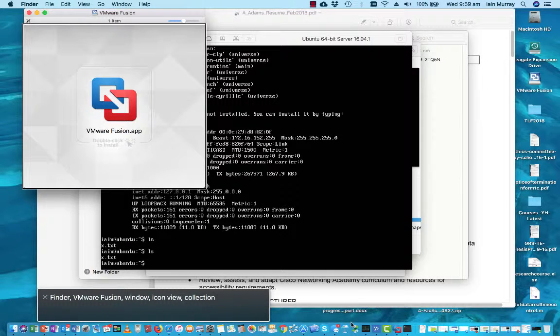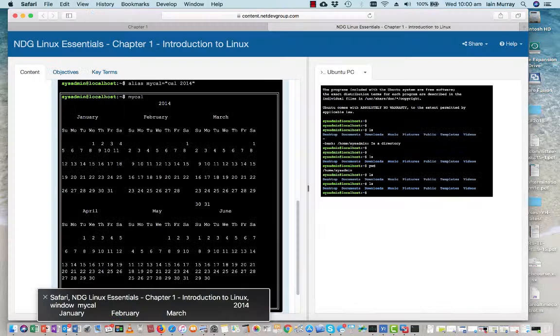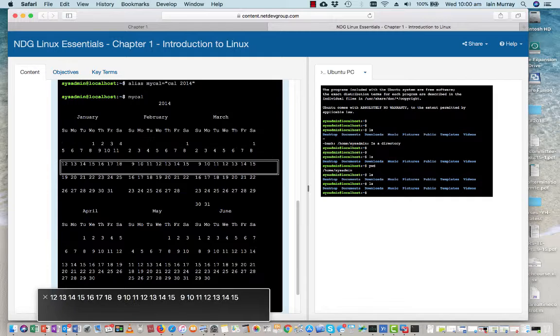Finder, Vimeo Fusion, window, icon view, collection. View Camtasia 3 menu, 4 items. Safari, NDG Linux Essentials, Chapter 1 Introduction to Linux, Okay, window. I'm hoping this is Michael, recording 2014, January, This is February. actually quite interesting. Where we've got images like this has turned out rather well. I just was randomly looking around for some images, but if we have a look here, I And can text, interact with 1, this. 2, 3, 4, 1, 1. 5, 12, 13, 14, 15, 16, 17, 18, 9, 10, 11, 12, 13, 14, 15, 9, 10, 11, 12, 13, 14, 15. Okay, we can see we can access this, but this is a classic example of something that is